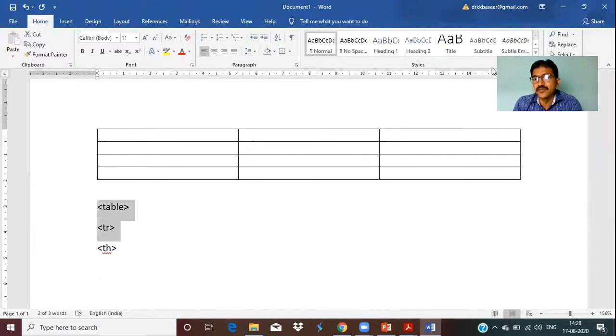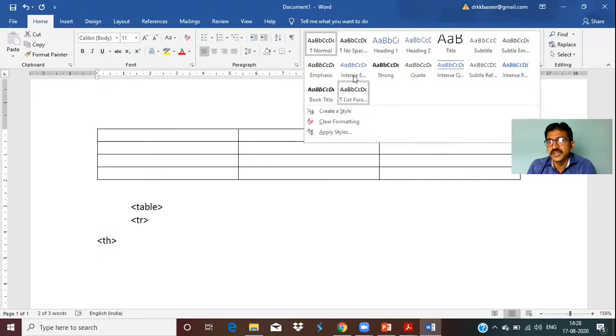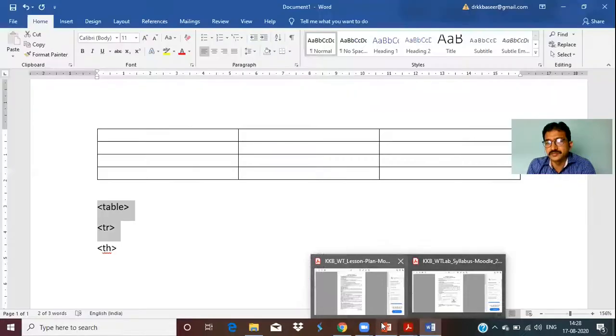And here also we have formats. So see the styles, how the styles look. This is one style, H1, H2, H3, different styles are there. Heading 1, heading 2, heading 3, the subtitles. Like this, you can select. In the same fashion you can do the formatting in HTML 4 or 5 as well.